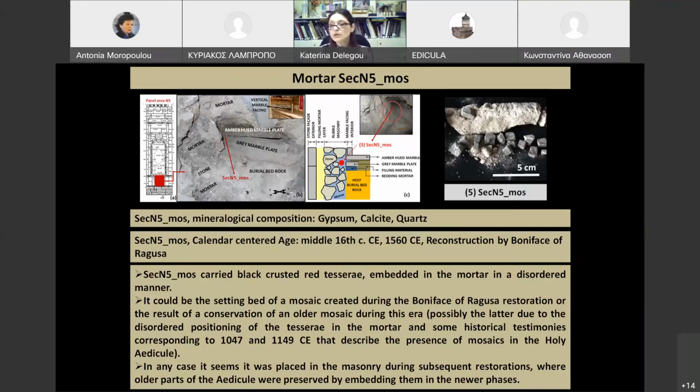So there are two possibilities, two scenarios regarding this sample. The first one is that this is part of the setting bed of a mosaic that was created during the Boniface di Ragusa restoration era, or it could be a conservation of an older mosaic during this era. We think that the latter is most probably more valid because of the disordered positioning of